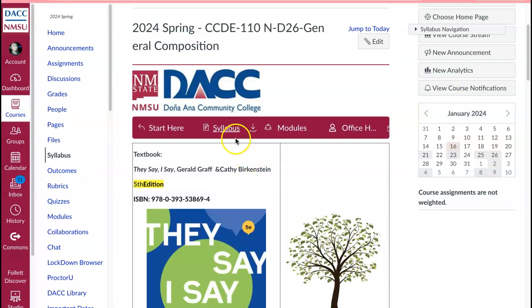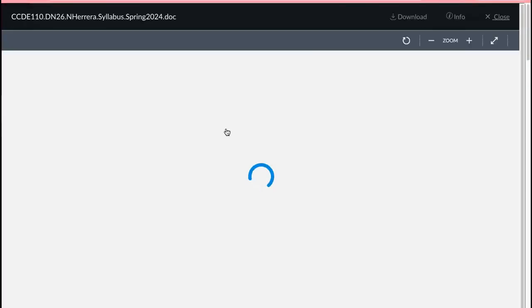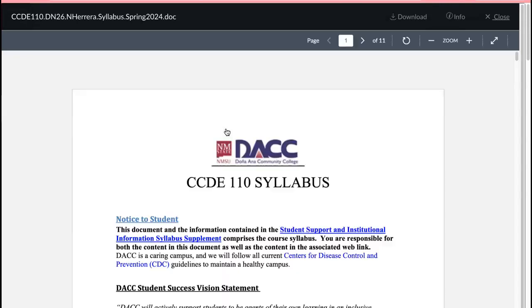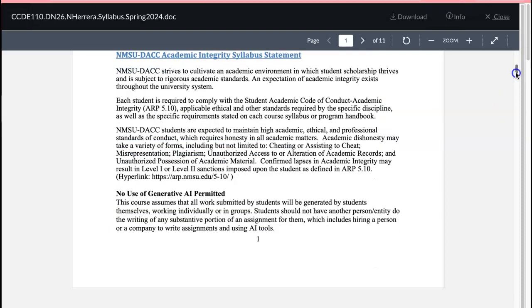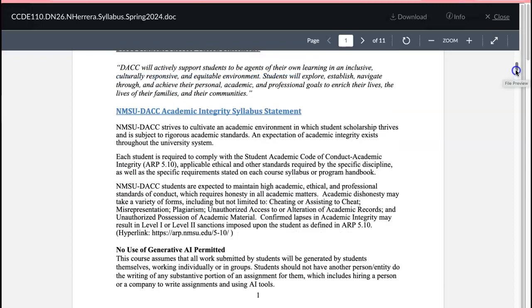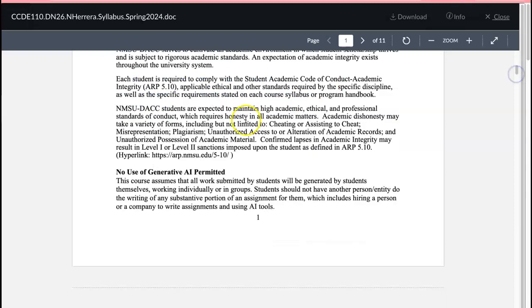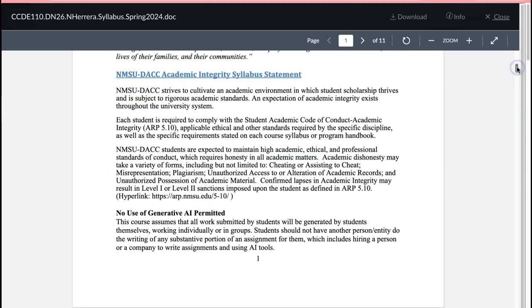The other thing that you want to make sure that you review is the syllabus. The syllabus is very important because it contains all of the important information that we're going to cover this semester. So it includes important information about the institution. It also includes important information about MSU. Like for example, MSU considers the use of AI